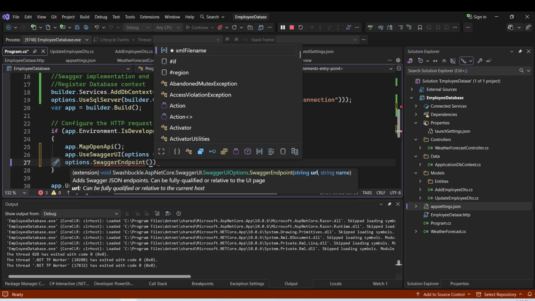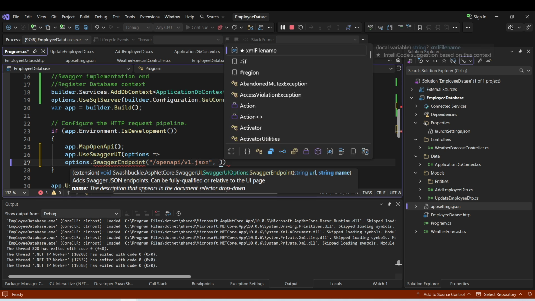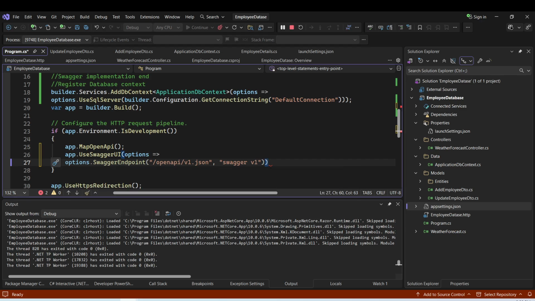So it takes two arguments. The first one will be /openapi/v1.json, and the second one you can customize as you wish. So I'll just say Swagger v1,